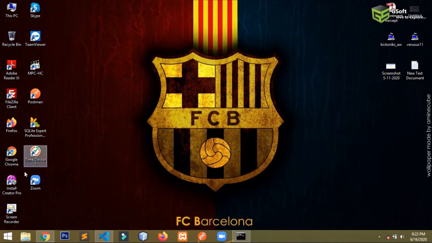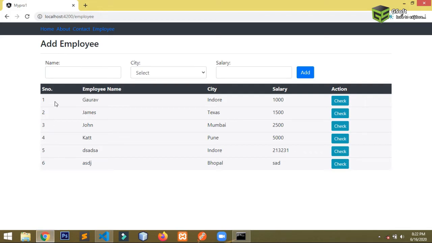So guys, basically let me show you the component here first. So this is my parent component. You can see here employee is my parent component, and in the last video I have shown how you can add data from a form to a table. If you haven't seen the video, I'll provide the link in the I button. You can go and check the video there.